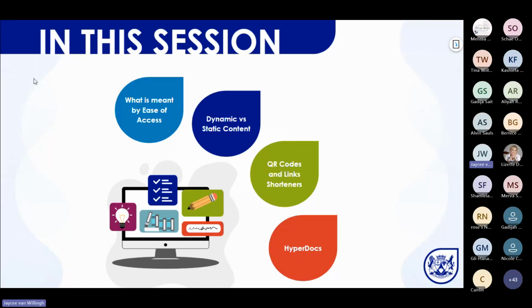Sharing information to their peers or to their parents, the differences between dynamic and static content, talking a little bit more about the buzzwords such as QR codes and link shorteners. Those are things we see everywhere. But did you know that we can actually create our own? And then lastly, explaining a hyperdoc and how we can actually collaborate online together at the same time on one Word document, one Excel document, presentation, whatever it may be, using the internet and using the tools that we have